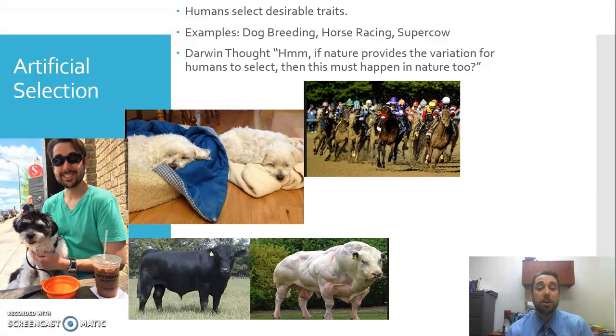So examples are dog breeding. He noticed that, okay, we have some of these very unique dogs and they've been developed over time. Some are hunting dogs, so like we have pointers and retrievers and Labradors and all that. And some were little dogs like Westies or Scotties that were supposed to chase out rodents and things like that.